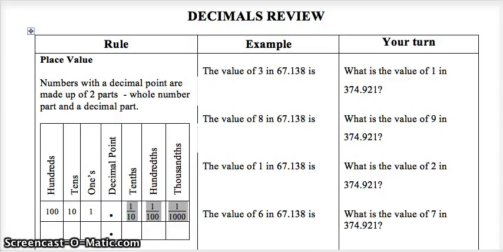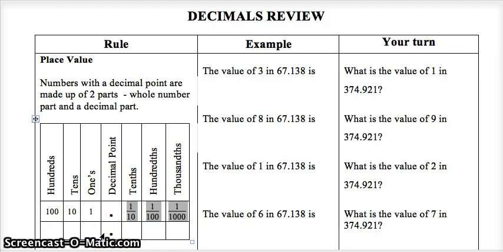Okay, we're looking at decimals review. Now, we can often see numbers with decimal points. Not all numbers are whole numbers. For example, we might have 325.673. That number has a decimal point. Now, when we see numbers with a decimal point, they're actually made up of a whole number part and a